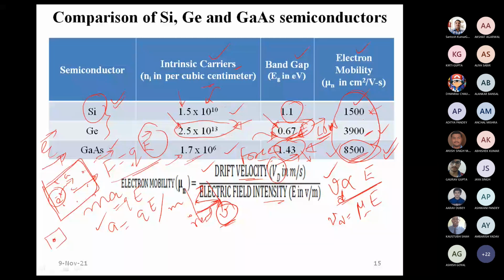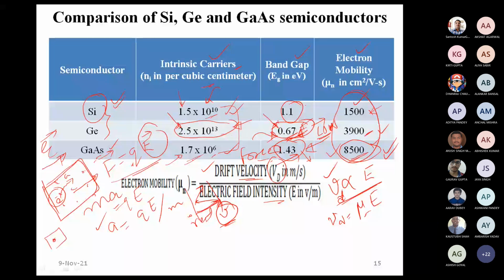But if we look at the carrier concentration, it is in the power of 10, almost 10 to the power 4. The carriers are more. So 10 to the power 4 means 10,000 times. So 6 times carrier mobility doesn't matter much, whereas this 10,000 times carrier concentration matters more. We can say that carrier concentration plays a greater role in deciding which semiconductor is better.